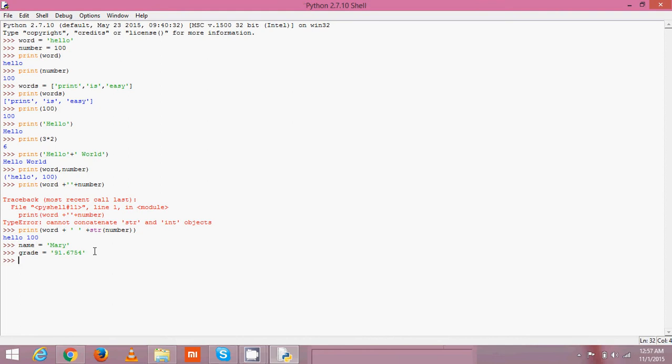So I define a variable record equals, make a string and use percent s for the string data type, and that is for the name, separated by a colon, percent .2f.